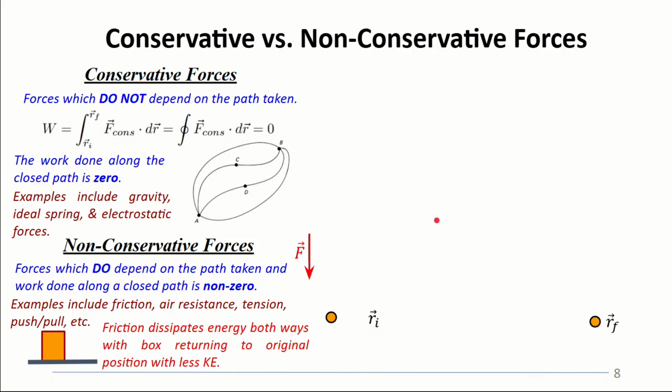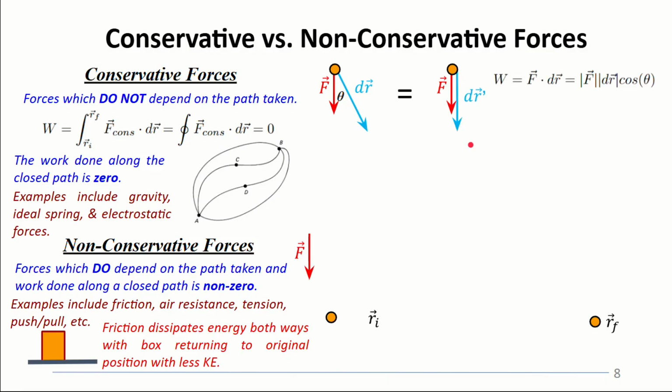And our goal here is we want to figure out the work that is done during this trip. So I'm going to put a snapshot right here where we have the force and dr placed such that there's an angle of theta between the two. And if you recall back to scalar products, we know that if we take the force and then a component of dr that is parallel to the force, we can easily calculate the scalar product. So let's use that concept to our advantage here. So this is going to be equal to the force times dr prime,